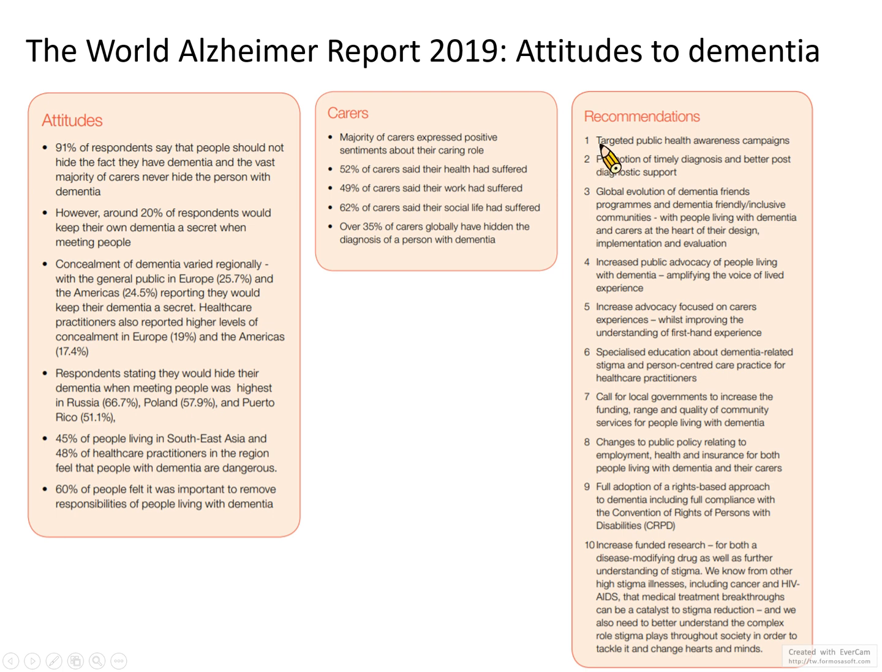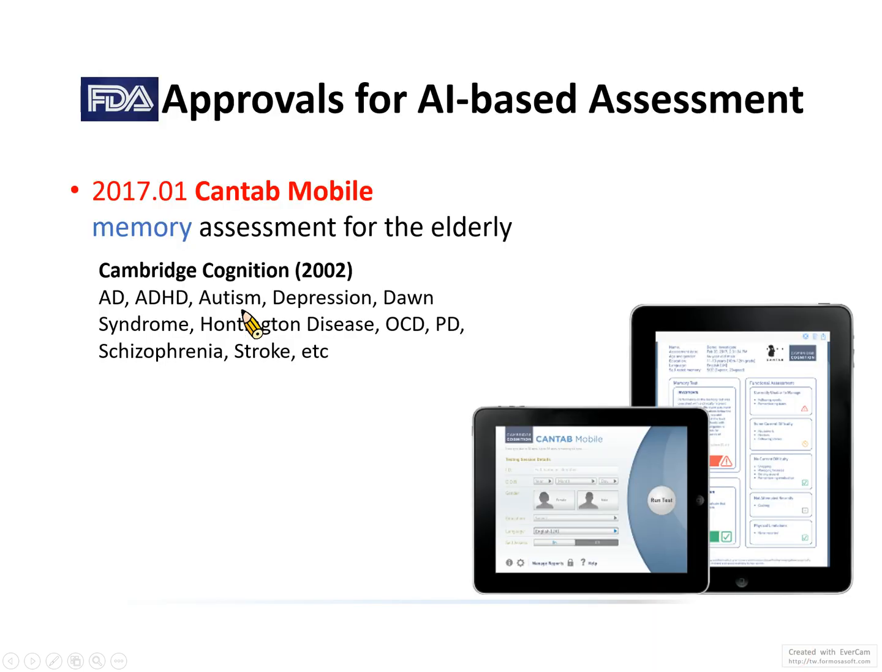So you can see that the consensus about dementia is that we really need targeted public health awareness campaigns to promote the knowledge about dementia and to provide better diagnostic tools. This is just for your reference, so you can see what the current attitudes of the general public to dementia are. And in terms of machine learning or artificial intelligence, there has been quite a